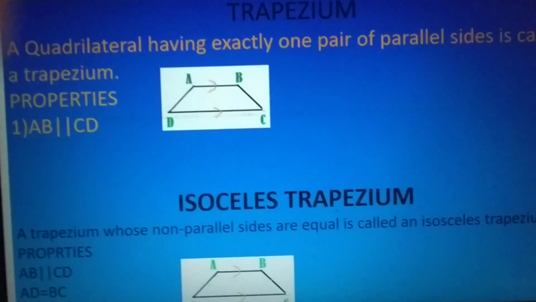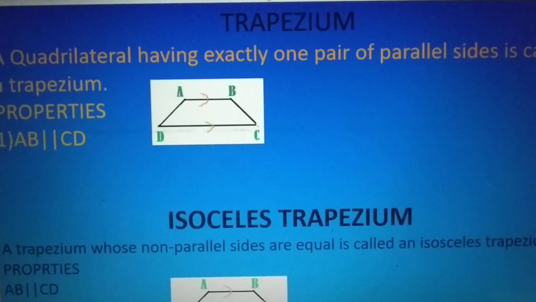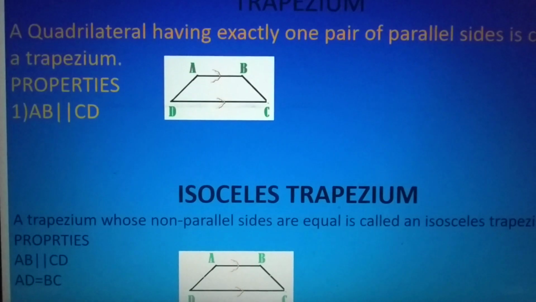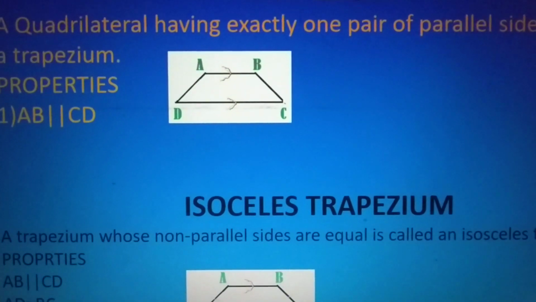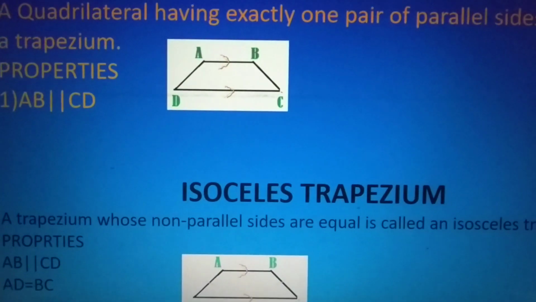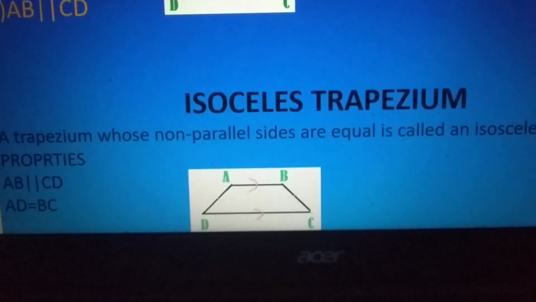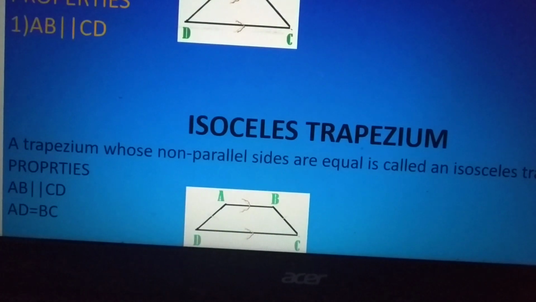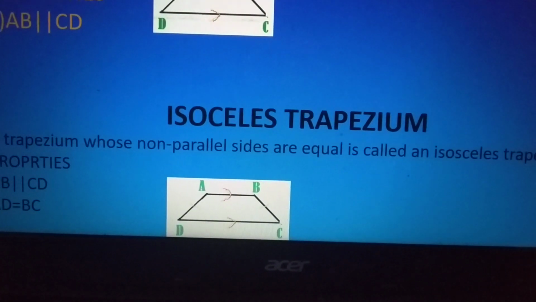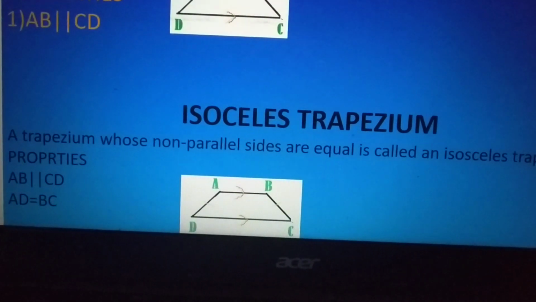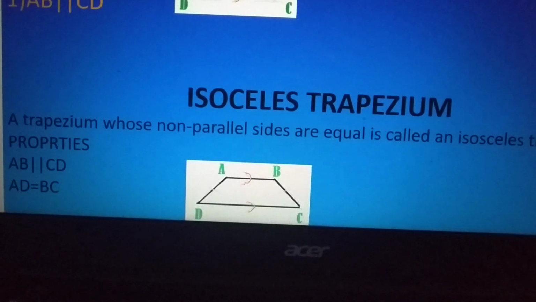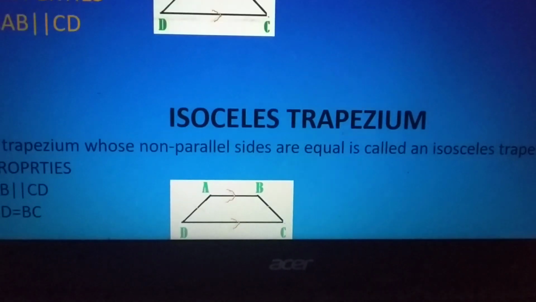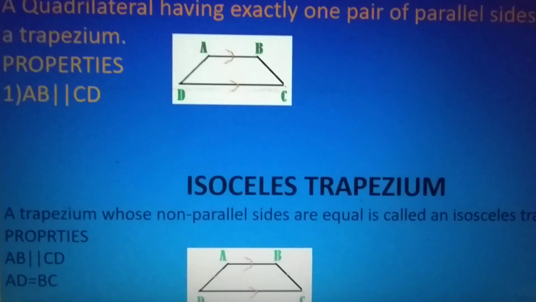Next, coming to trapezium, a quadrilateral having one pair of opposite sides parallel, you call it a trapezium. So in the figure ABCD, you can see AB is parallel to CD. And what do you mean by isosceles trapezium? A trapezium in which the other pair of sides is equal. That is, AB is parallel to CD, but the other two sides, that is BC and AD, they are equal. If they are equal, then you call it isosceles trapezium.